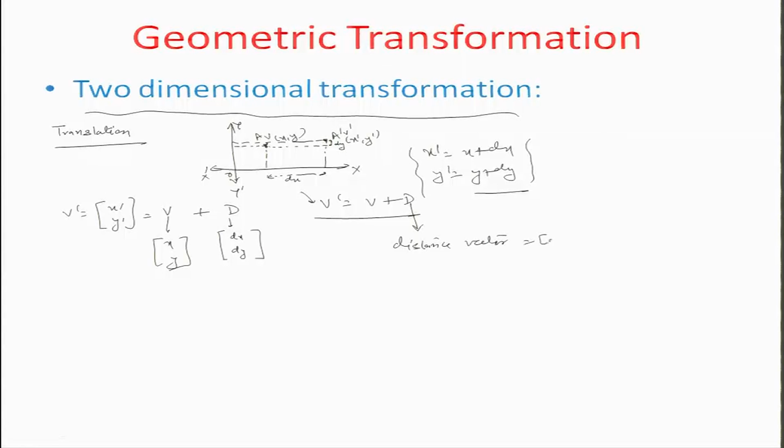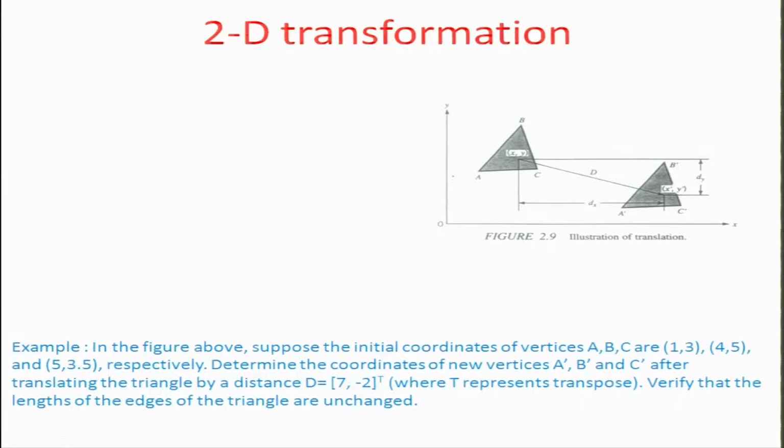So, it can be used as [dx dy] transpose, and we can apply this to again a set of points. For example, if I were to consider a triangle, which is an array of 3 points, let us say there is a triangle placed at a, b, c location coordinates with respect to this xy plane, and it moves to a dash, b dash, c dash by virtue of a translation of the centroid of the triangle, which was initially at xy to x dash y dash, where the centroid translates to a differential distance corresponding to dx